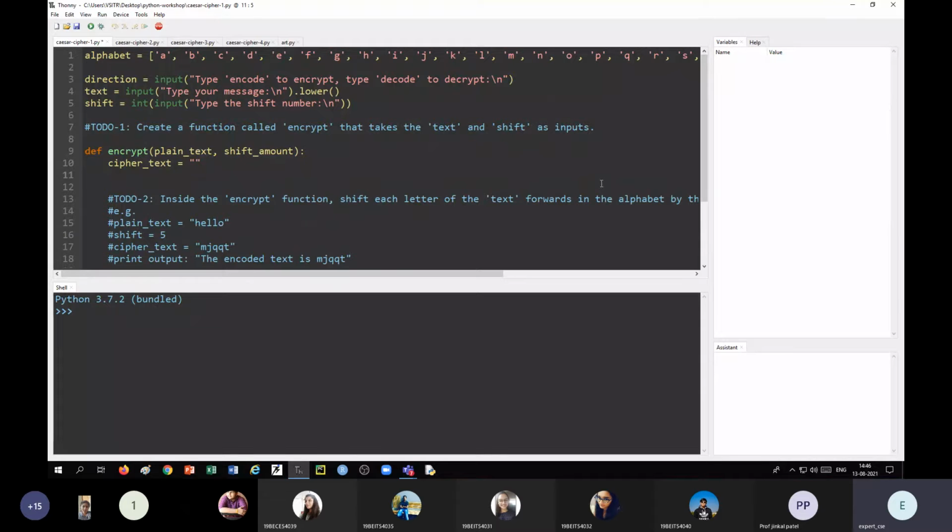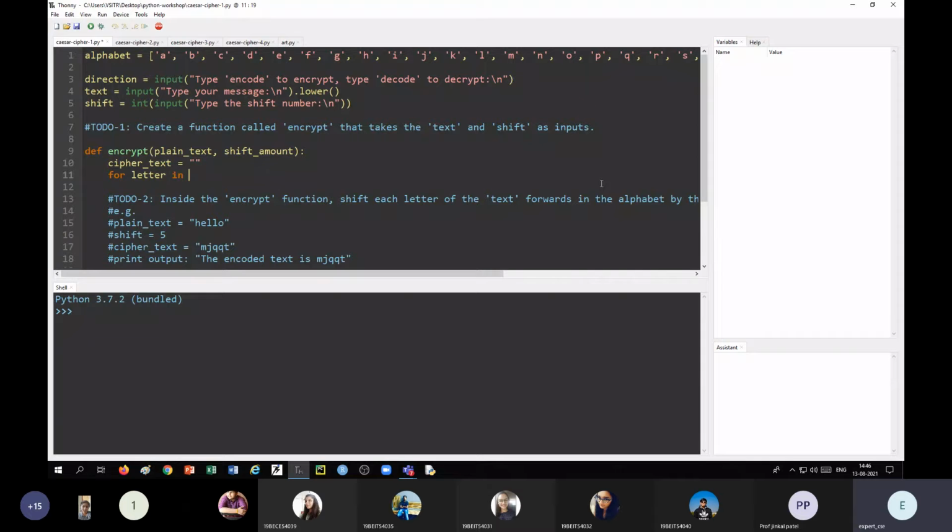Now what I have to do is go through all the characters of the text which I have input, which is to be encrypted. So I will say for letter in plain_text.